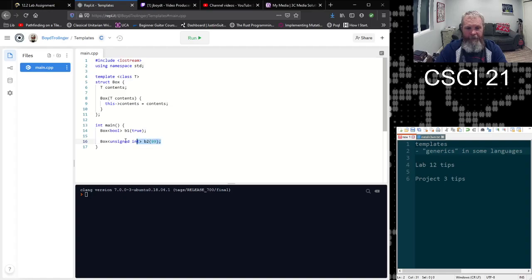And the C++ compiler, knowing that B2 is an unsigned integer box, will make sure that the data types match when the program starts to run. Here B1 is a bool, so the C++ compiler will make sure that the data types work. And that's mostly it for templates. They're not that big a deal,